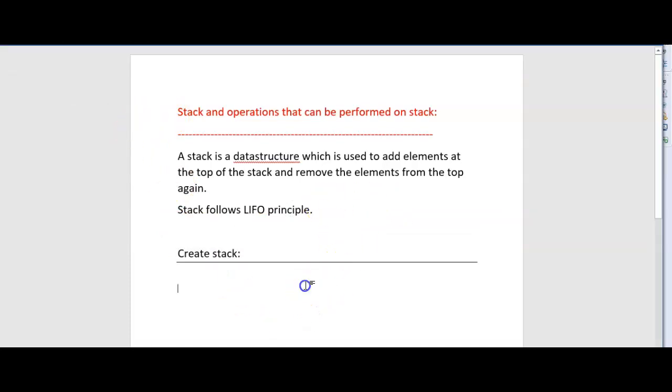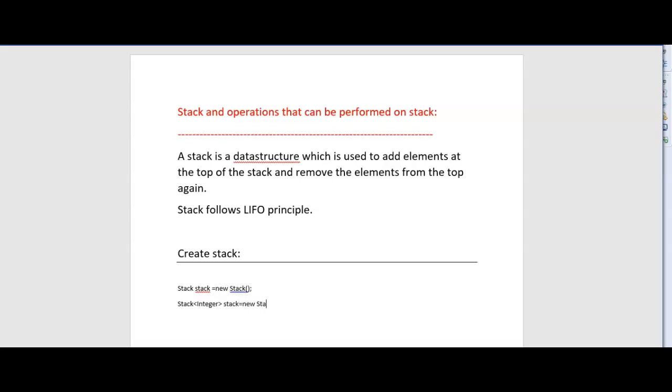Okay, first one, how do we create a stack? Stack equal to, just say new Stack. So like this we can create stack in Java. And how do we create a stack with a generic type? So this is like a raw type. So if you want to create a stack with the generic type, suppose if you want to create a stack to hold the integers, we call it like this.